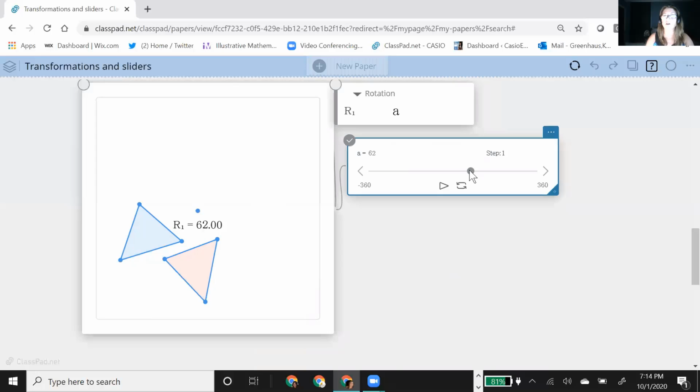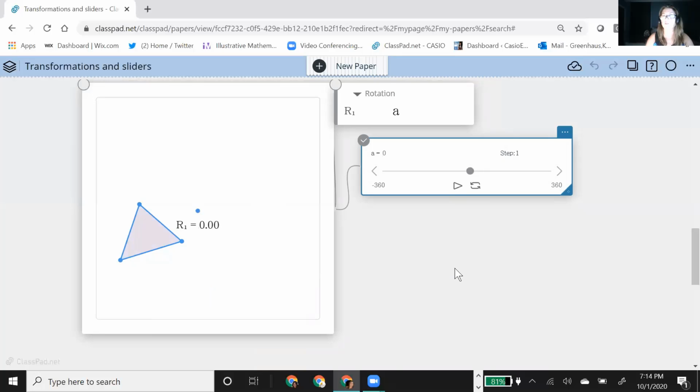And now you can talk about, all right, well, when is the rotated image exactly the same as the original? Well, when you have no angle of rotation, right? So they can explore, what do rotations do? Well, that turns it. They could put in segments and see that the angle of rotation is between the corresponding points, those types of things. But they can explore, because now you have a slider, and they can really look at things and figure them out on their own.